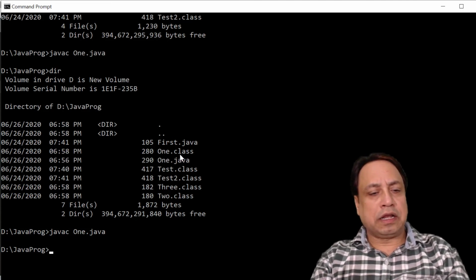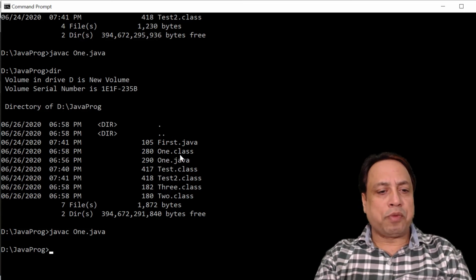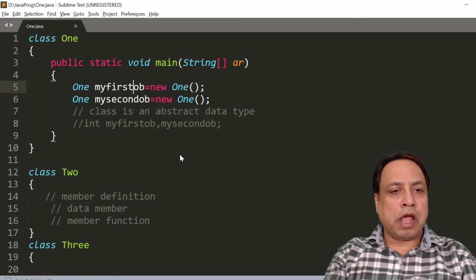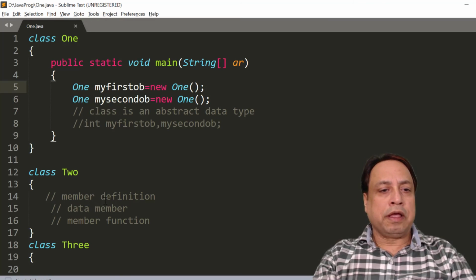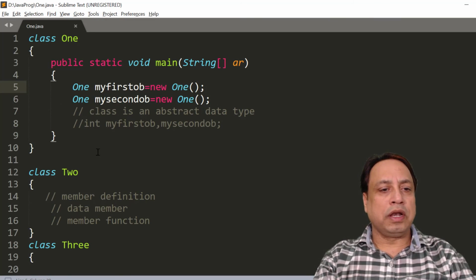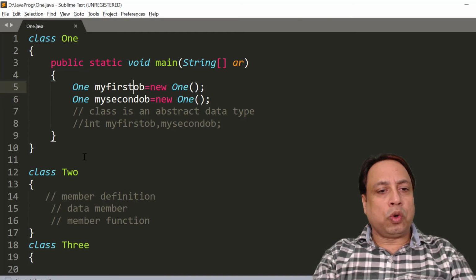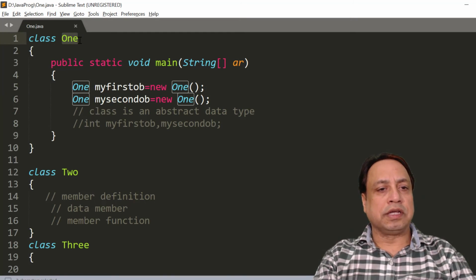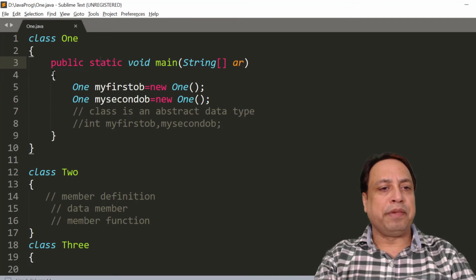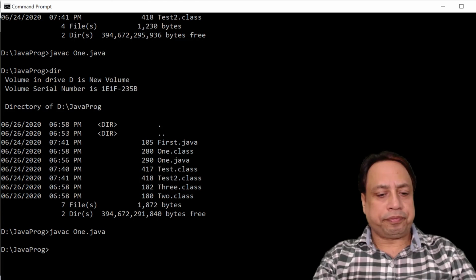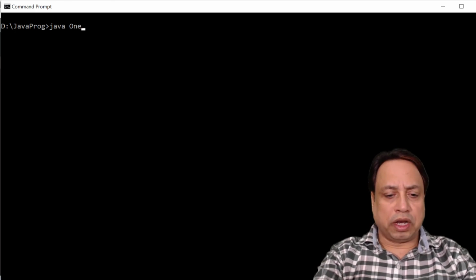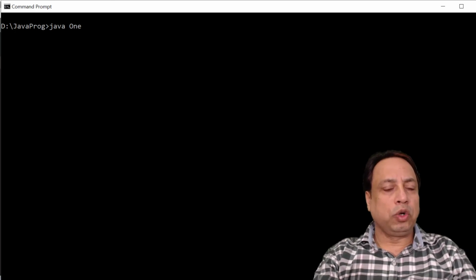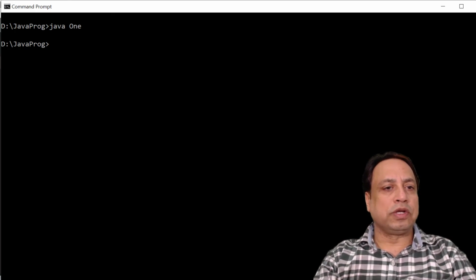सो नाउ वी हैड सीन लास्ट वीडियो कि किसी भी प्रोग्राम को एग्जीक्यूट करने के लिए हम इंटरप्रेटर का यूज़ करते हैं विच इज़ नोन एज java. अब इस प्रोग्राम को कैसे एग्जीक्यूट किया जाए? बिकॉज दिस प्रोग्राम कंटेन्स 3 क्लासेस 1, 2 and 3. वी मस्ट नो हम सिर्फ उसी क्लास को एग्जीक्यूट कर सकते हैं थ्रू जावा इंटरप्रेटर विच कंटेन्स मेन मेथड, like I show you with an example. If we execute Java command with 1, if I write java 1, we know that 1 dot class contains main definition. So once I execute it, you will see that it gets executed successfully.